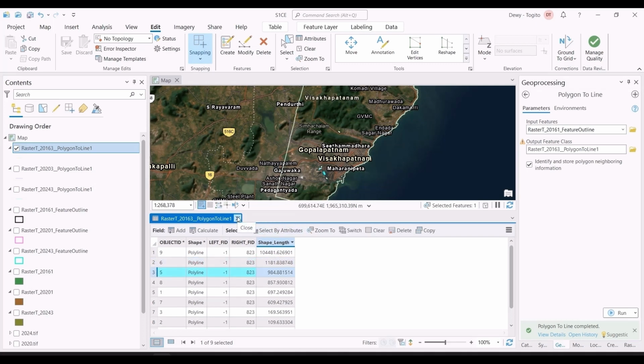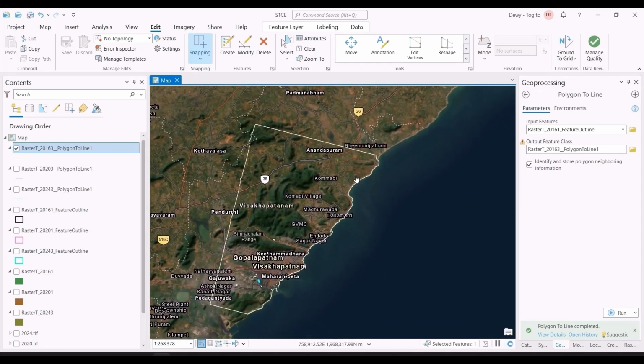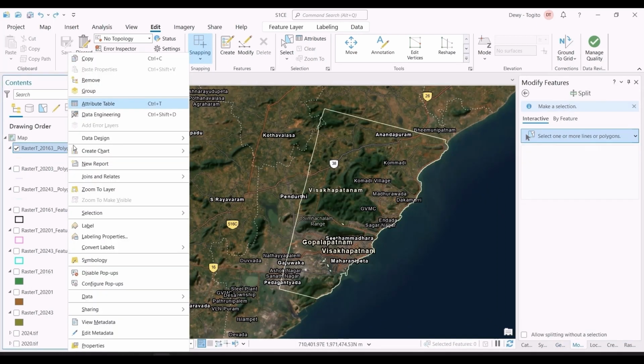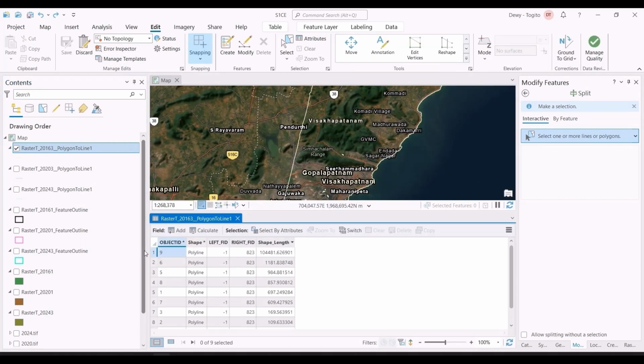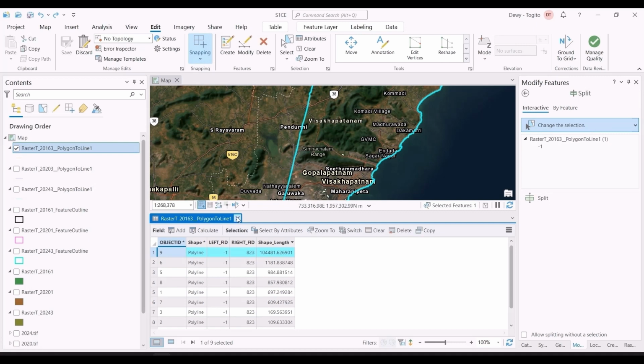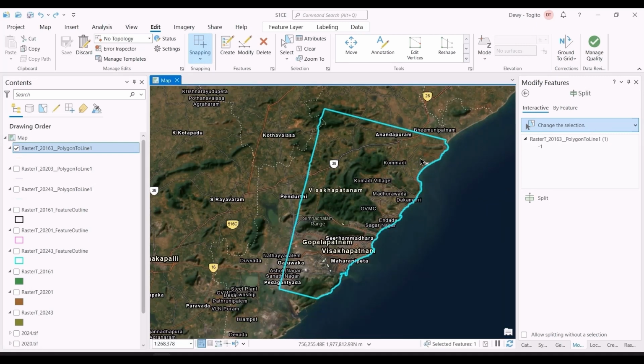Once we use the descending order on the shape length, we find that there are certain simplified polylines which we do not want to keep. We are only interested in keeping the largest polyline, which is the outline of the entire area of interest. So we'll just keep it and delete everything else. That is one option of what we can do. But what we will do instead is